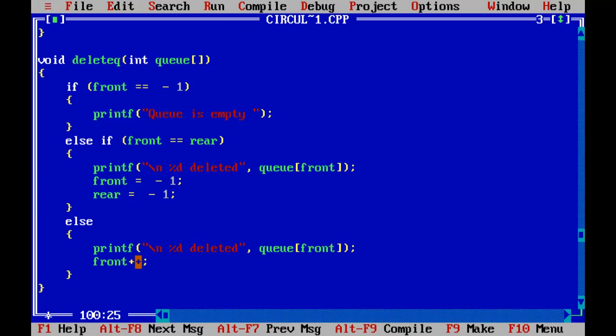if the queue has more than one element, then the first element, that is the front element, will be deleted from the queue, and the new front will be allocated to the second element of the circular queue. So the front will be updated to the second element, and the old front element will be deleted from the queue. So in these three ways, you can delete an element from the queue. Let's check the